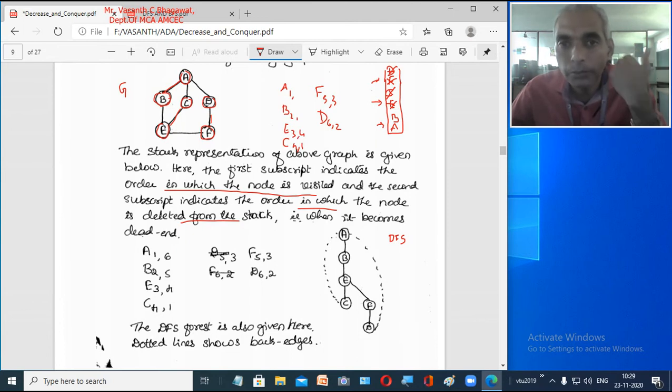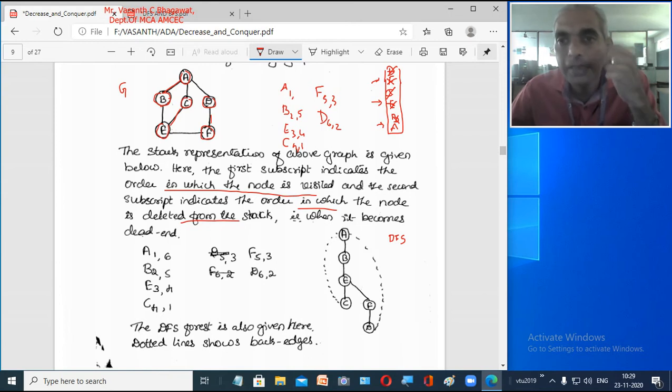So once you remove E, you come to B, right? Now you are at this node. Now when you are in B, two adjacent nodes A and E, E you have visited, A is also visited, so you have reached the dead end. Now you remove node B from your stack. So B is the fifth node which you are going to remove, so you write 2, 5. So B is the fifth node you have removed. So now only one node is there in our stack, which is A. So you will come back to A.